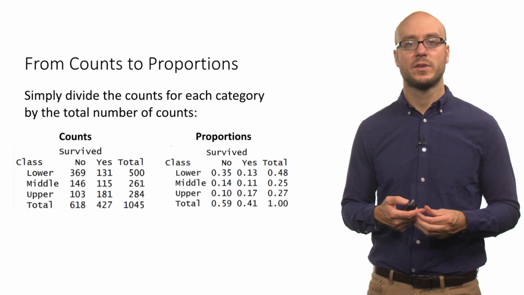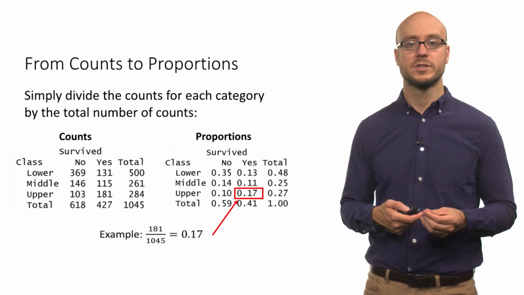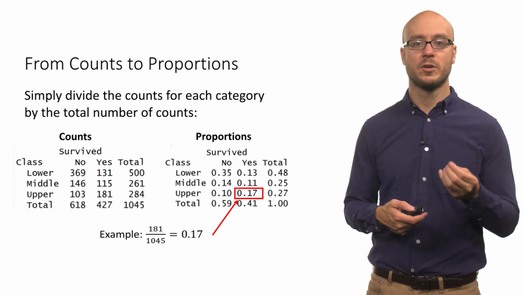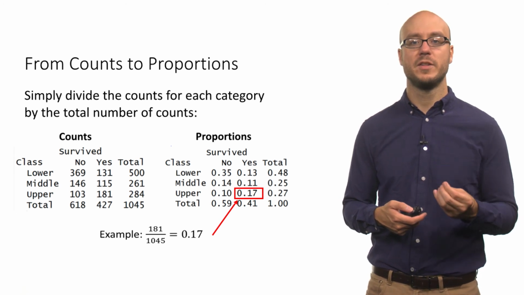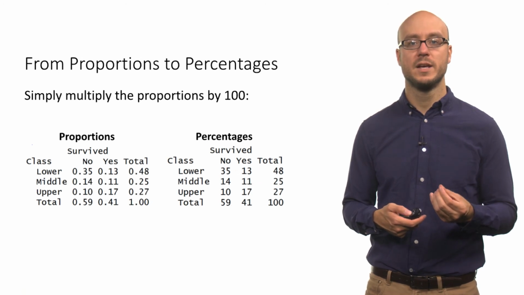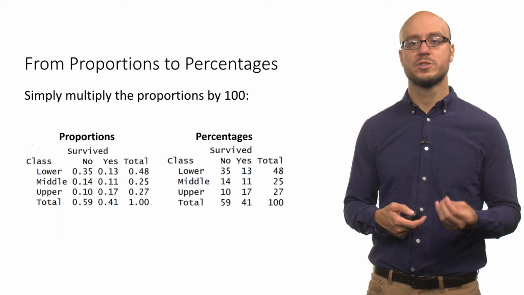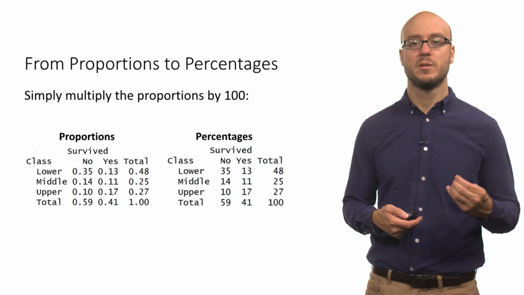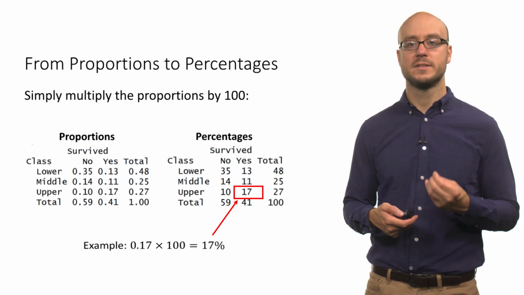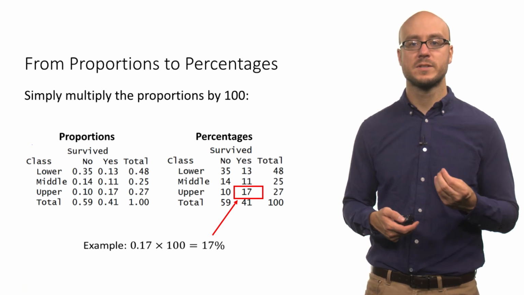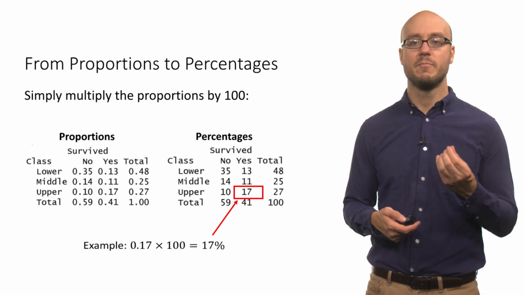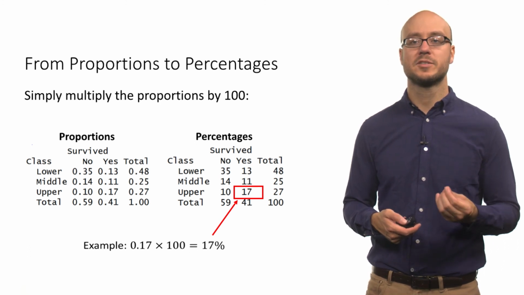So here's an example of converting from counts to proportions. For this cell, we have 181 observations, and we divide by the total number of observations, and we get this proportion of 0.17. And then to convert from proportions to percentages, again, we just multiply the proportions by 100. So 0.17 times 100 is 17%. So we have 17% of passengers on the Titanic who were a member of the upper class and survived the